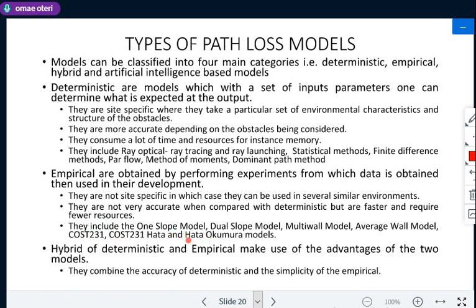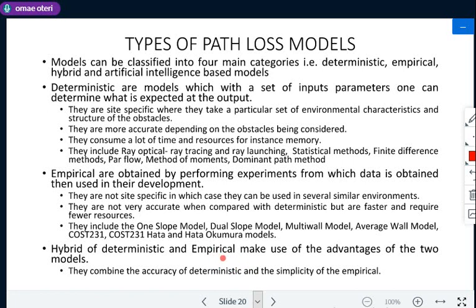under empirical. We are looking at the one slope model, the dual slope model, the multi-wall model, the average wall model, the COST 231 ATA, that is CH, and the ATA Okumura models. Then a hybrid of the two takes the advantages of the two concepts, the accuracy of the deterministic and the simplicity of the empirical. Because deterministic